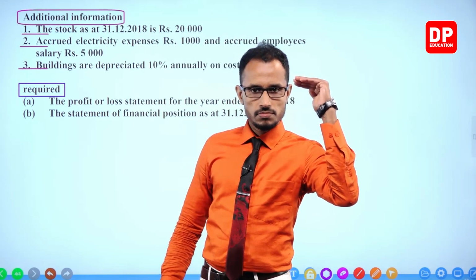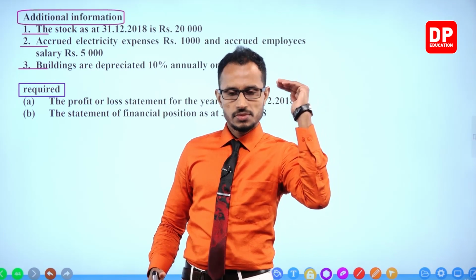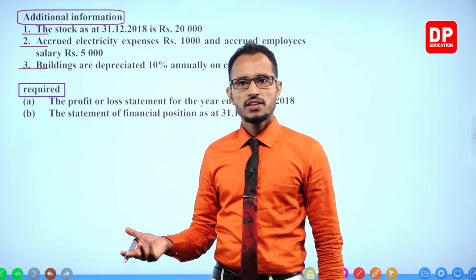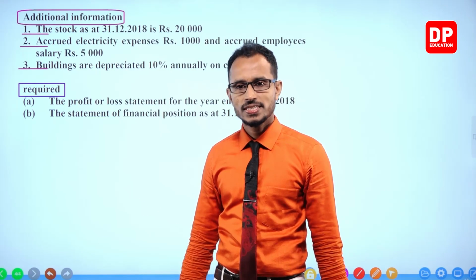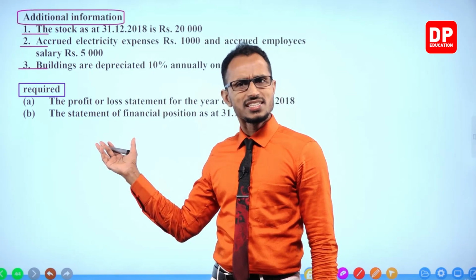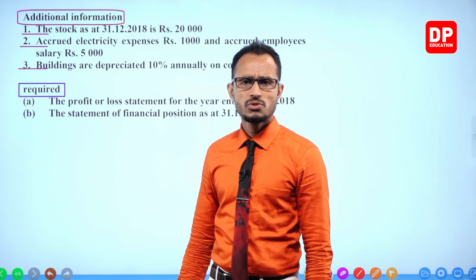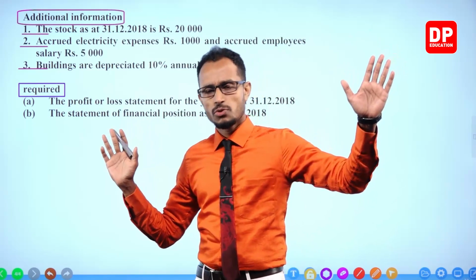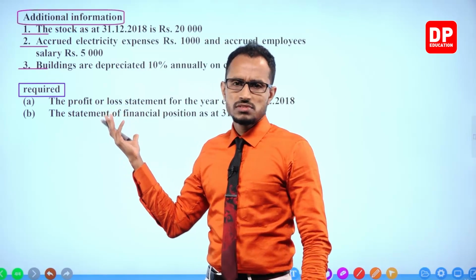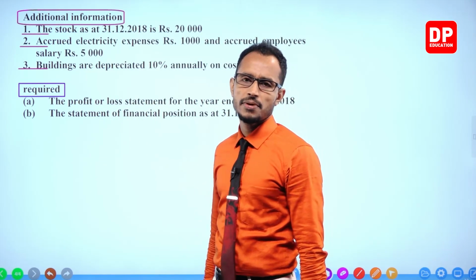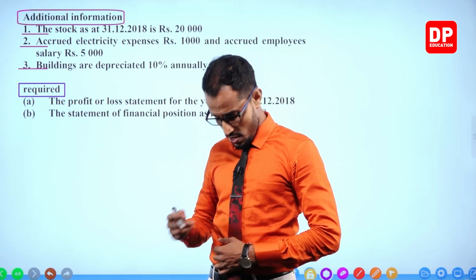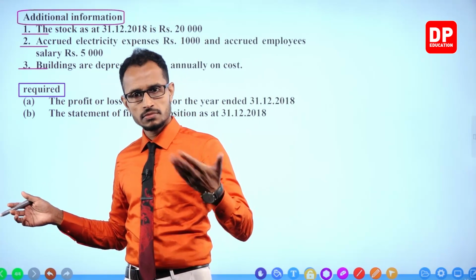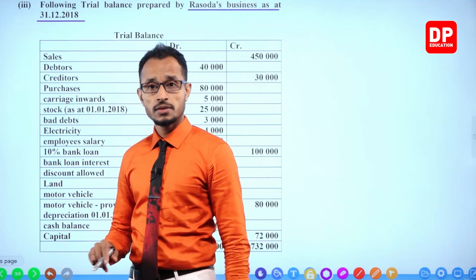There are certain steps. Level 1, step 1, step 2, step 3. You go step by step, and if you go in the correct, proper way, this question is easy. I'm serious. But if you have given up this question, don't select this question when you get the paper. Better you figure it out. Do the question with me.